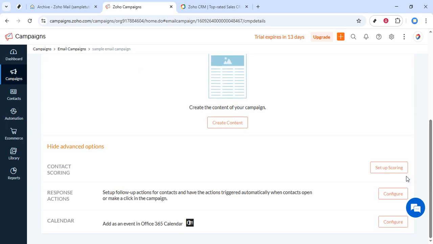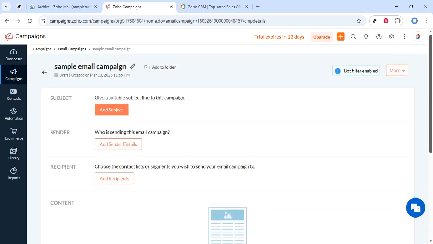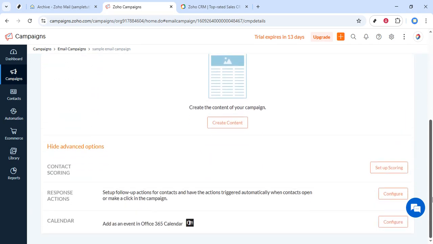Before moving on, preview on desktop and mobile, run a quick link check and send yourself a test to ensure everything looks right. Make sure your footer includes your postal address and an easy unsubscribe link to stay compliant with content ready. Set up scoring, assign points for actions like opens and clicks so you can identify engaged contacts and